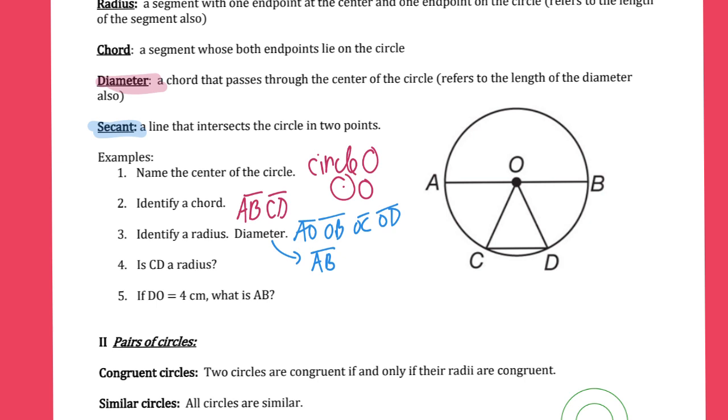Is CD a radius? And the answer is no. Why? Well, a radius implies that it connects the center with any of the points on the circle, and that does not touch the center. So therefore, it is not. Okay. Also, if OD is 4 centimeters, what would be A to B? That would be 8 centimeters, because a radius is going to be consistent throughout the whole circle. And if both of these are radii right here, then the entire distance across the circle would be 8. Okay. Moving forward,